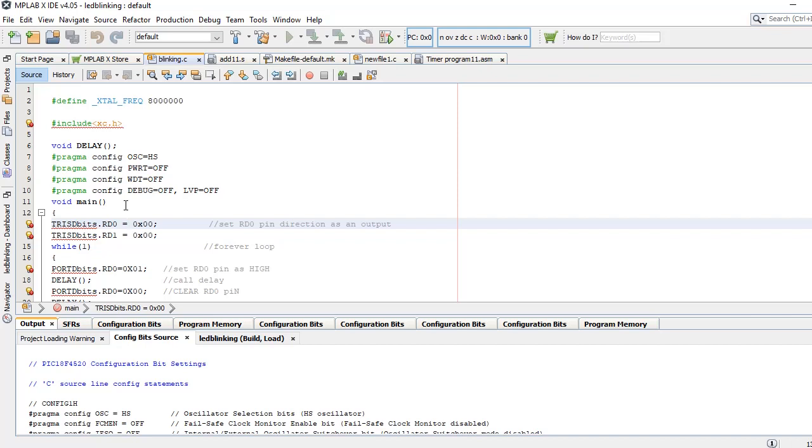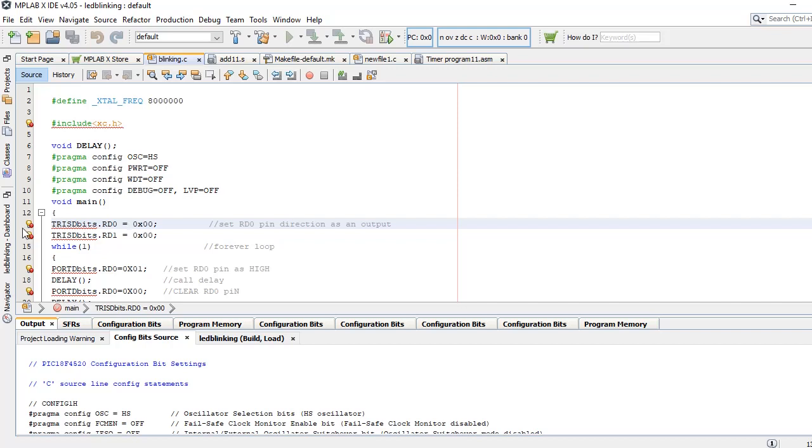The TRIS register is a bidirectional register. The TRIS register is used to set the pin as an output or input pin. If we initialize a particular bit of the port pin as 0, then it will act as an output pin, and if we set the particular port pin bit as 1, then it will act as an input pin. As the LEDs are connected to the RD0 and RD1 pins, we will set these pins as output pins.